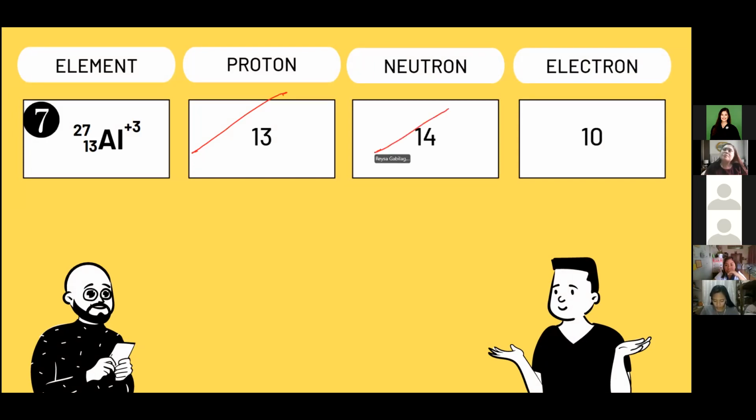Now the charge is positive 3, which means this element loses electrons. So pila ka buok iyahang gi-lose? 3. So that is the reason why it has more protons. Na siya 3 kabuok na more protons, so 13 minus 3, the correct answer is 10. That's how class you predict number of protons, neutrons, and electrons. Questions so far?